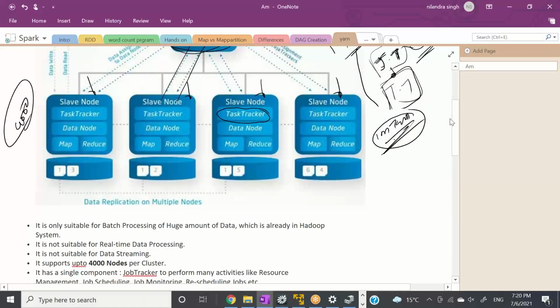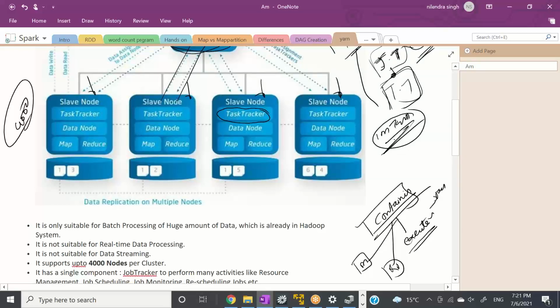One more thing about MapReduce 1 was, in MapReduce 2, what we are doing, we are creating containers. We are creating containers, and this container can be used to run anything. It can be used to run an executor in case of Spark. It can be used to run MapReduce. It can be used to run a map task. It can be used to run a reduce task. It can be used to run anything, right? It's just a virtual machine to run something, right? But in case of MapReduce 1, what it says is, okay guys, I have data node 1, and on that data node 1 I have a task tracker running.